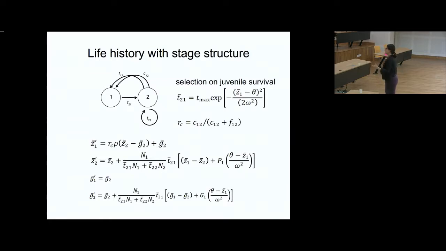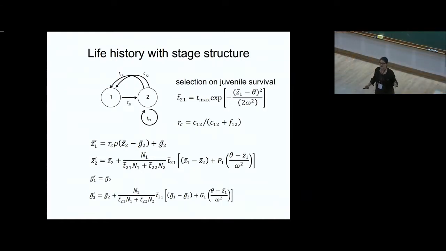Obviously, now we could have selection on the entire transition matrix, on a group of entries, or on 2 entries, but you have to start somewhere. So we said, let's put selection again on the same thing we did before. Before it was just here, but now it's the survival in the juveniles. It's the same form as before, Tmax. And we still follow the relative contribution of clonal reproduction.